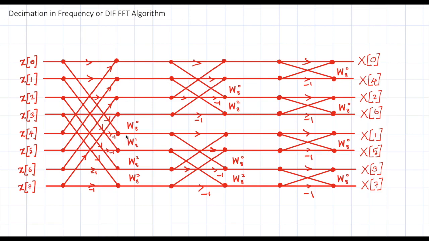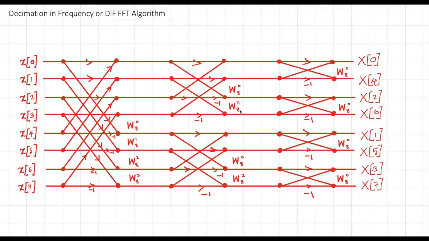And you can also note that the multiplications with the e raised to minus j2 pi by N k coefficients are done after the addition or subtraction of the values of x of 0 or x of 2, x of 7. And it is the same case here also, that is we will be multiplying with the W values only after the computation is done.